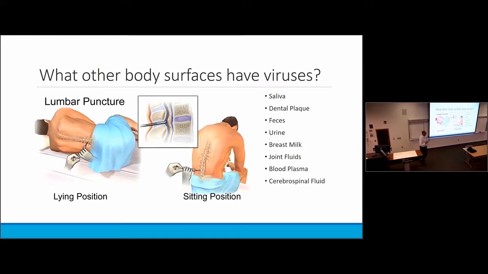One of the things we're also really interested in is the idea of viruses and what we call classically sterile sites in the body. We were the first group to show that there's a virome present in the urine. We showed that there's a virome present in breast milk. We did saliva, dental plaque, feces, all these different body types. But for myself as a clinician, there's a holy grail, right? And that's your central nervous system.